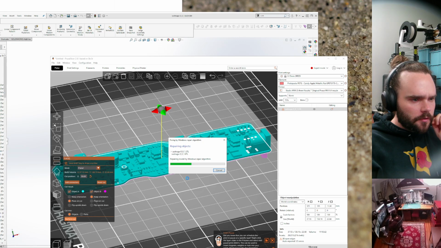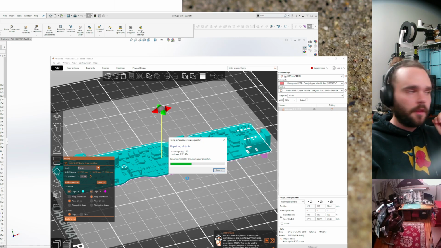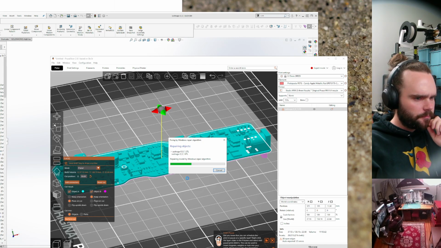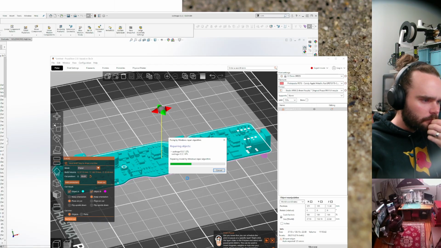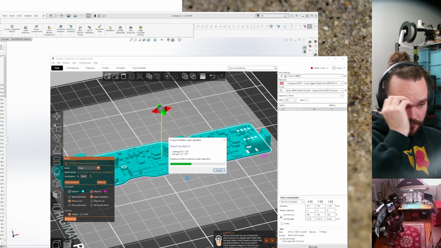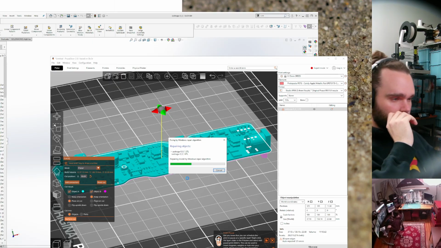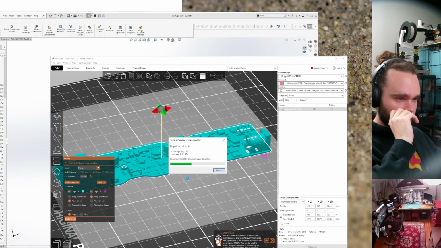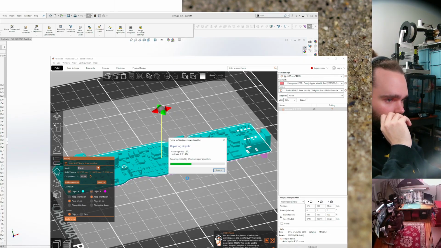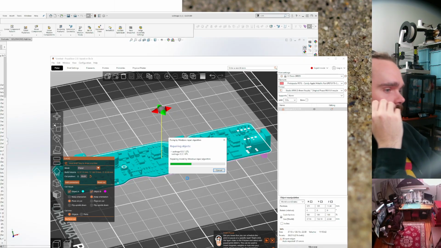Repairing by the Windows repair algorithm. I don't know what that is. Yeah, this thing's gonna shit its pants.